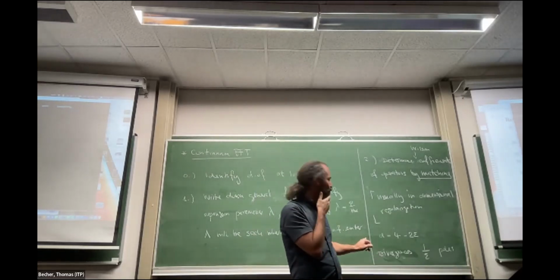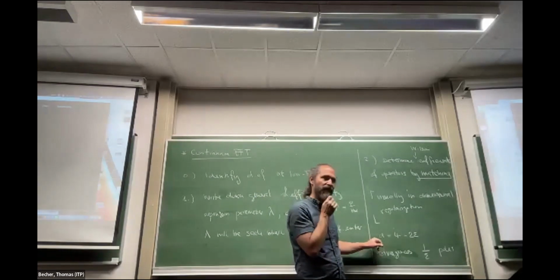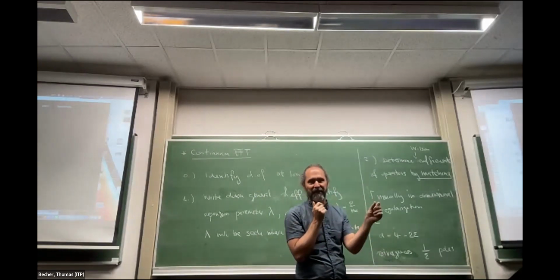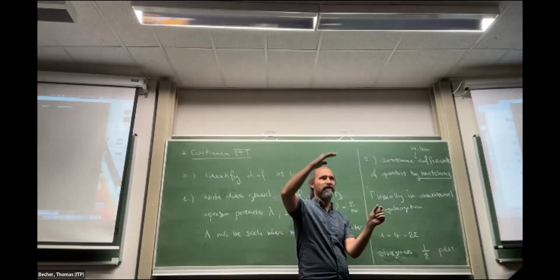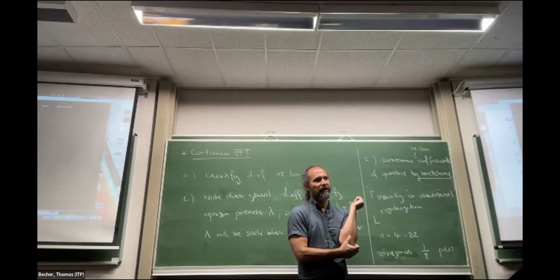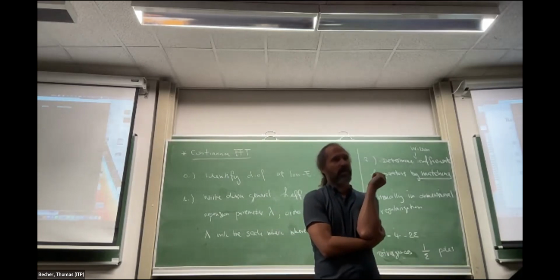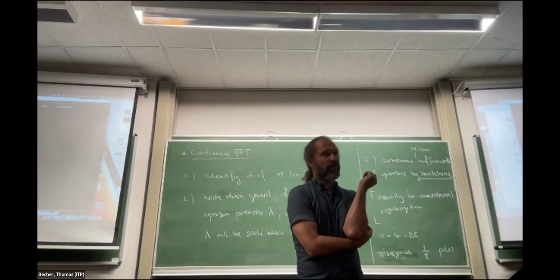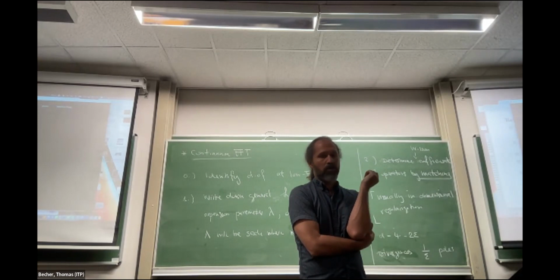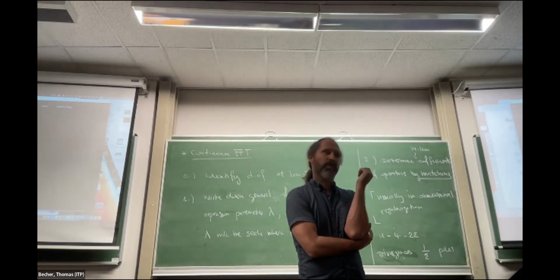And I don't know how to do it with the Wilsonian. You definitely need to have a scale that can be a lattice spacing, or it can be this cutoff. And I don't know of a good way to do this without breaking the symmetries. So for Wilsonian, this scale that we have to introduce as part of the process that you laid out here, does that already regularize, or are there some cases where we still have divergences we then need to take? No, with this lambda, everything is fine.